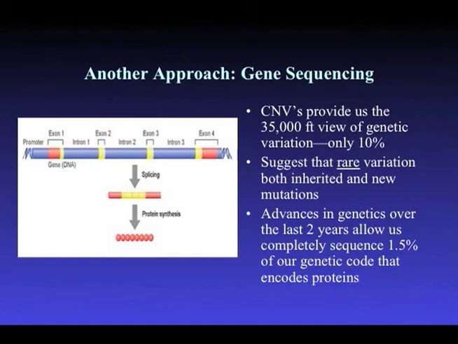And this has been due to some advancements in the technology, which I won't go into, but have just really transformed the field. And so while CNVs have been great to give us that 35,000-foot view, if we really want to get the specific genes, and we really believe there's going to be a few genes responsible for the vast majority of cases with developmental delay and autism, at least at an individual level, what we got to be able to do is resequence the genes.